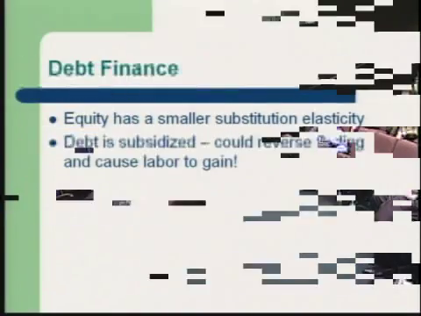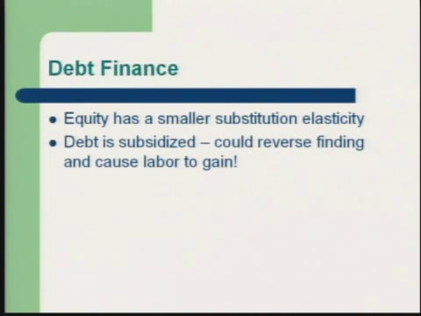So it's possible then, it seems to me, that if debt is subsidized and debt is very substitutable and equity is not very substitutable, you could reverse the whole capital flow. You could actually end up causing labor to gain because capital flows into the country instead of out of the country. And I think that's an issue that's very important to think about when you're really trying to call the issue